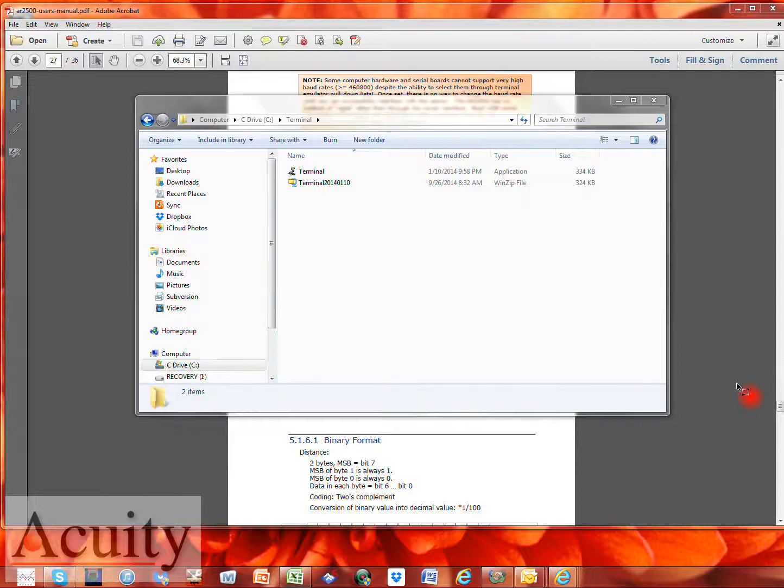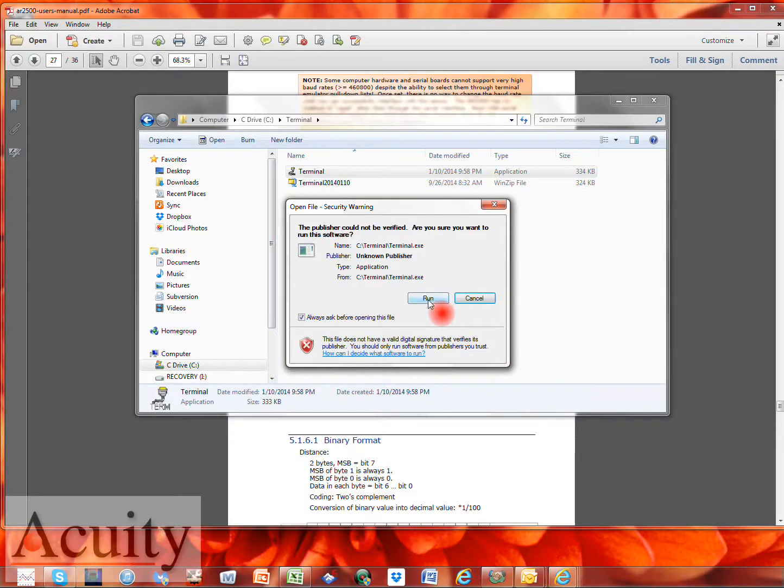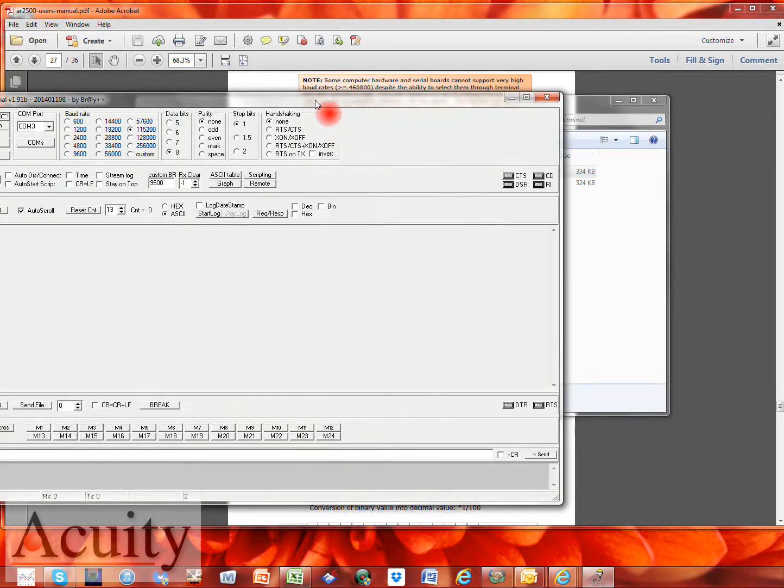This is just a quick little video showing the terminal program, which is a little troubleshooting for the terminal emulation program, and we're going to hook up the Acuity AR2500 laser using it. And so once you unzip it, you're going to open the terminal program, and here you can see the terminal